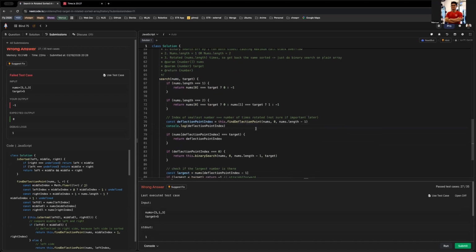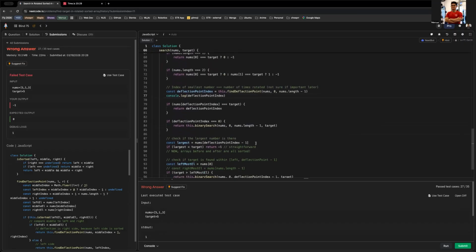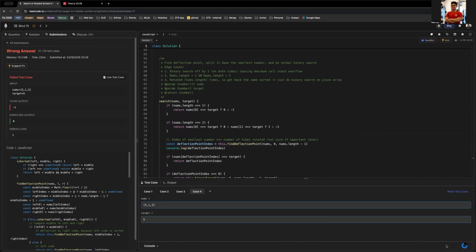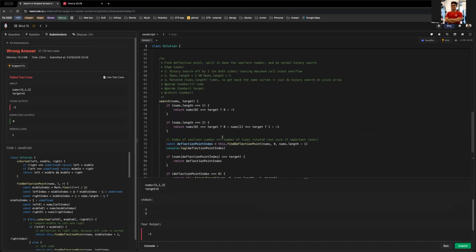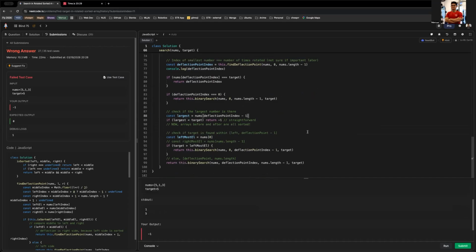Okay, so largest. Let me just check. Console.log largest. Right, let's just run. Largest is 5. Okay, that's good. So if largest is less than target, then we cannot find. So now the leftmost is 0, is 5 or so. Then if target